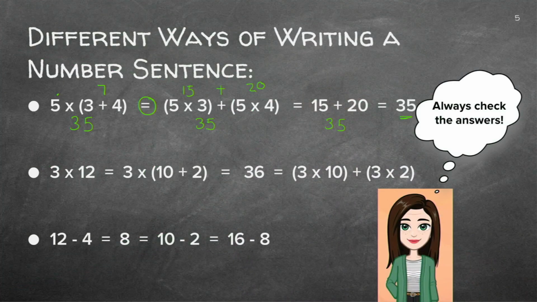Remember when we did the lesson where we talked about inverse operations, we talked about breaking down, we talked about distributive, commutative, and associative. Now that is the skills we are using today. I'm not going to do the next two, but you can go and test it at home if you want to see that all these calculations are equal to each other.